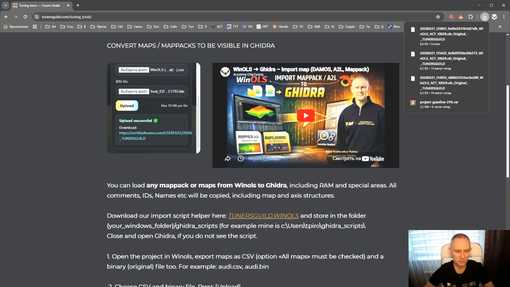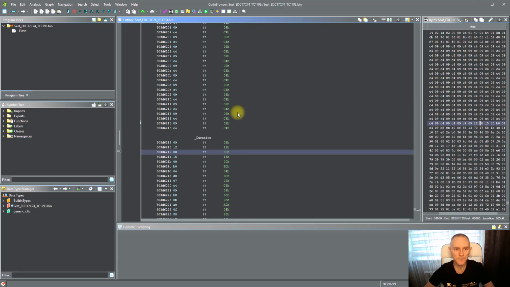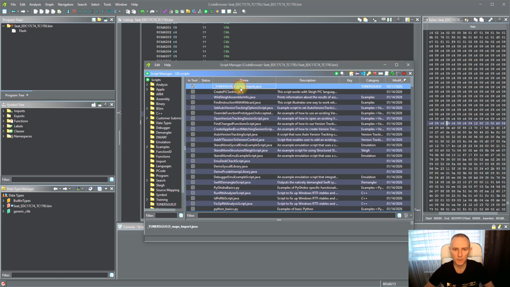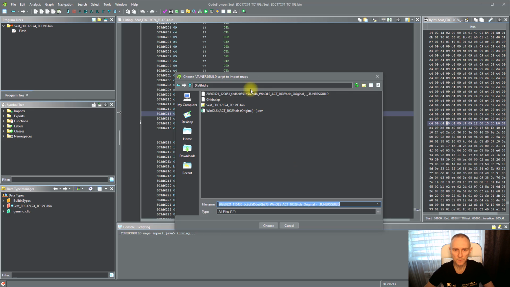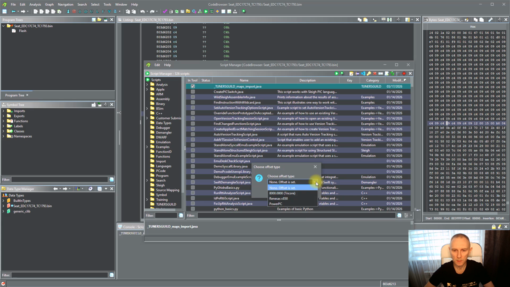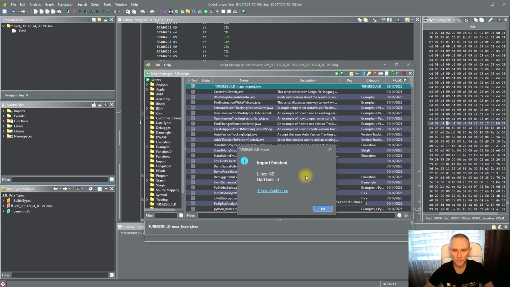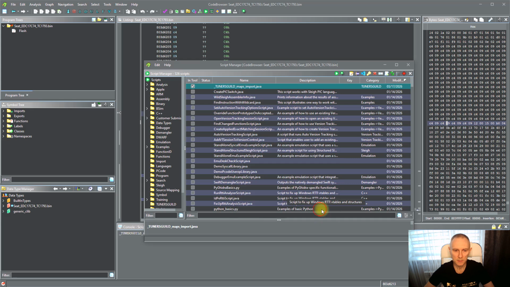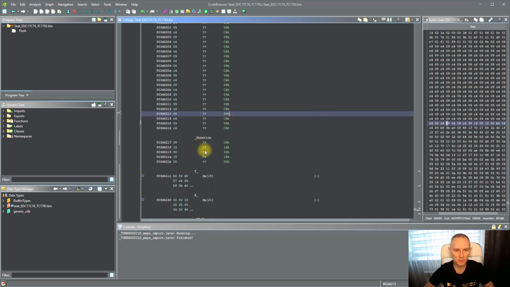save, then go to Ghidra, go to this menu, run this script, choose Tuners Guild file, this option, okay, this option skip, it's for RAM, and this skip, import finished, lines, okay, close, and